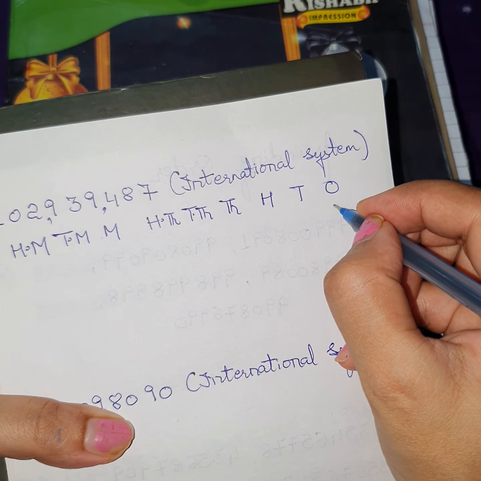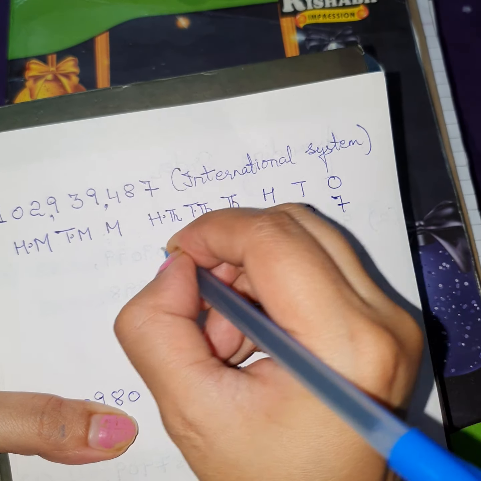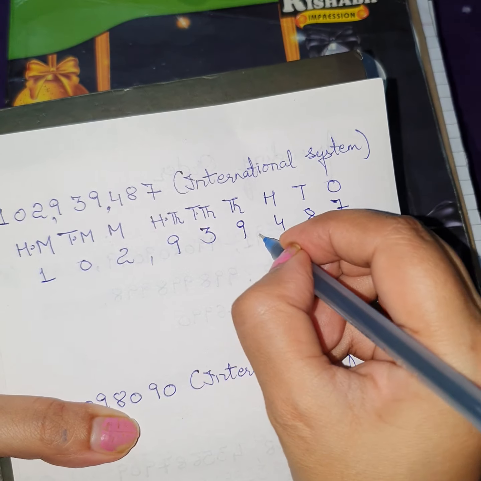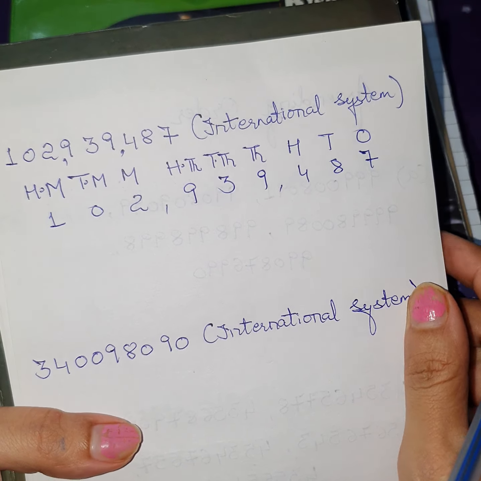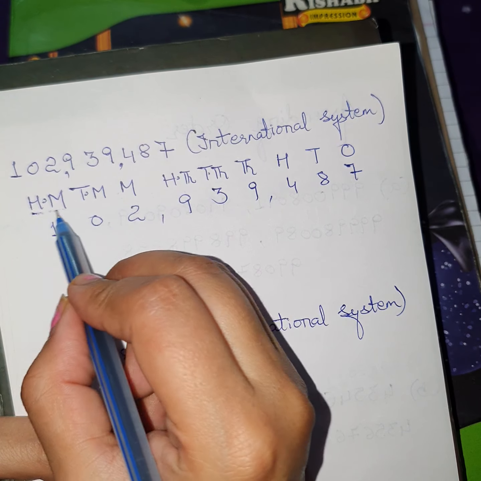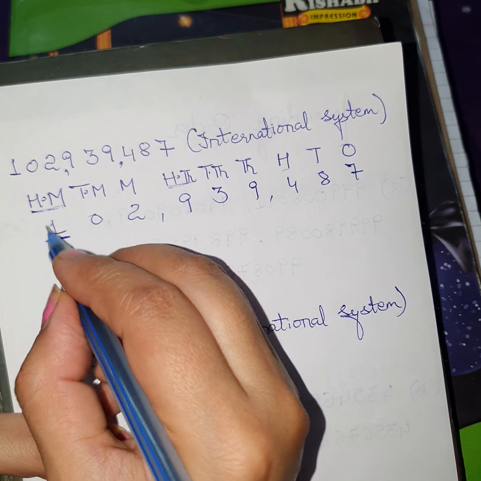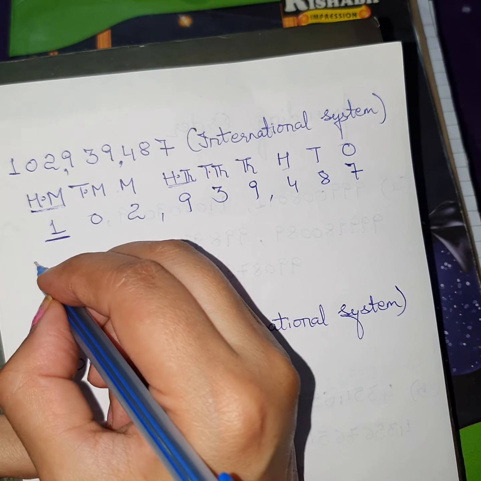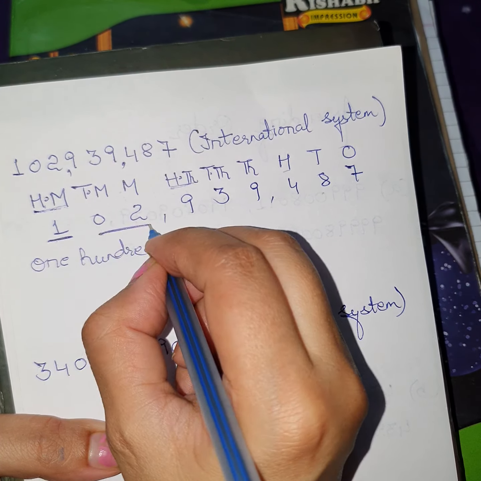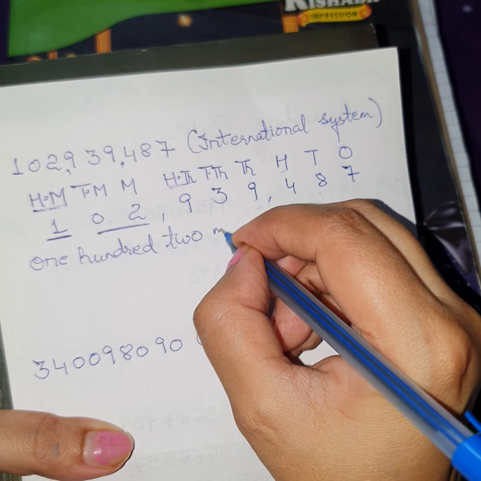So start writing the numbers from the back side. 7, 8, 4, 9, 3, 9, 2, 0, 1. So here we have mentioned the digits in the place value chart. Now we will start reading it. And how do we read it? Here the 100 place is with all the periods. So 100 will be read as single. 100 to million, so it will be written as 100. And then these two together, so this is 0. So we will not read 0, we will read only 2, and it belongs to the million period.